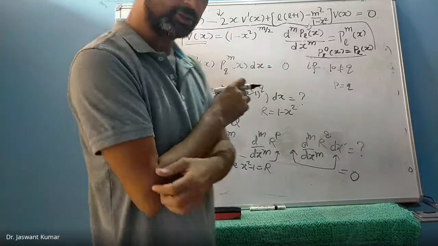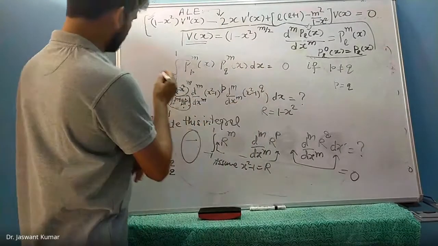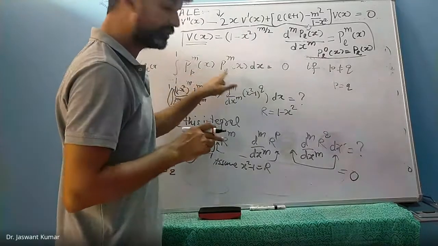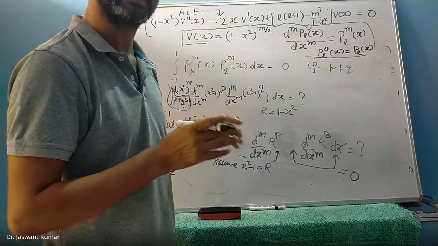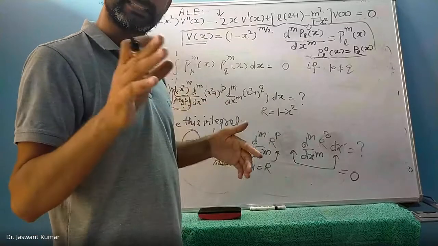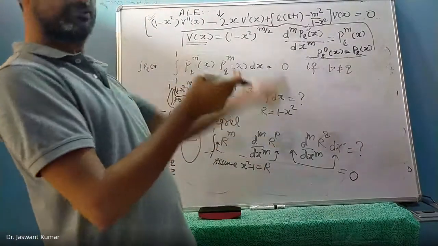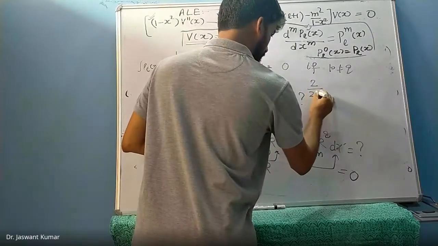देखिए आपको याद है थोड़ा सा PLX DX उसका आंसर क्या आया था? Do you remember? 2 by 2L plus 1. शाबाश, 2 by 2L plus 1. So similarly, if this P and Q are same, then the answer that you will get is, I'm telling you the answer because I have remembered it. I have read it like 5, 6, 7 times. But you can also see, I'm just telling you a connection from this PLM of X to PL of X. So one of the things that you will obtain is 2 by 2p plus 1.